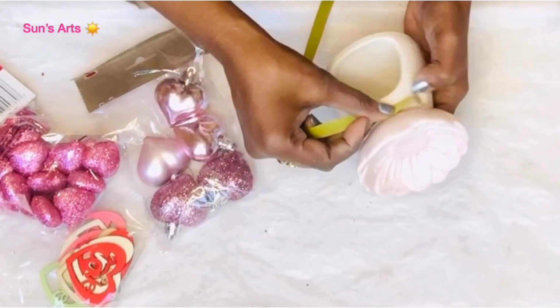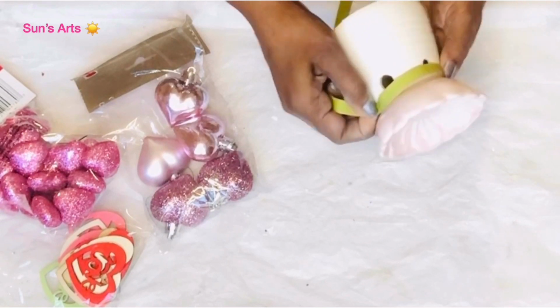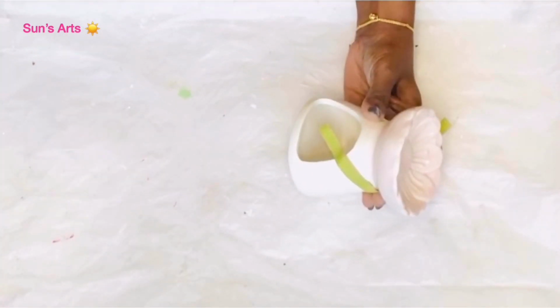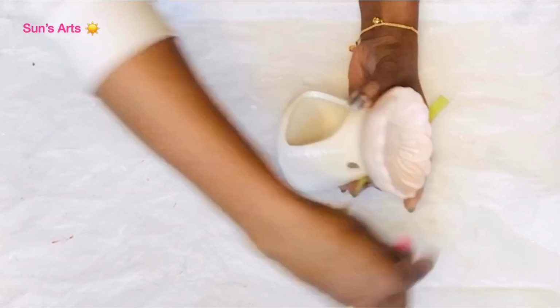And I tried several options to decorate this guy, and I went with green trim, and then I just took a piece of it and attached it with a dab of hot glue, and on top of this trim